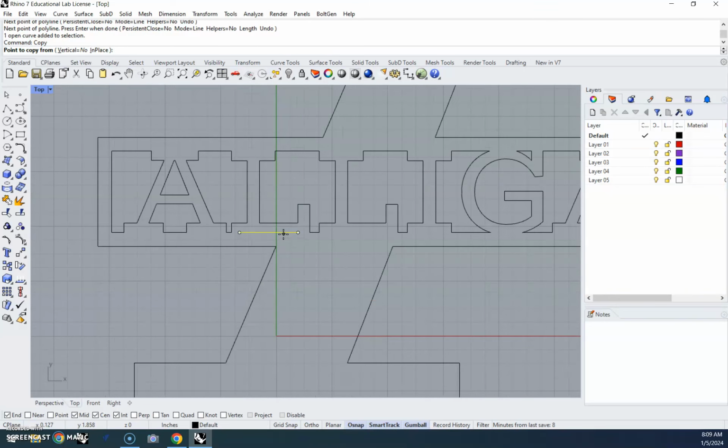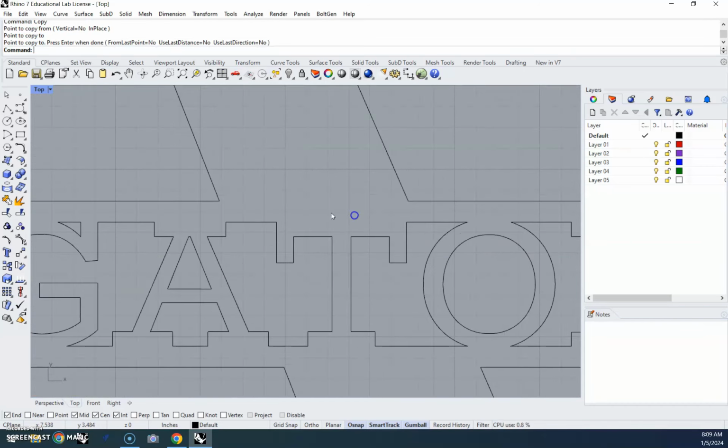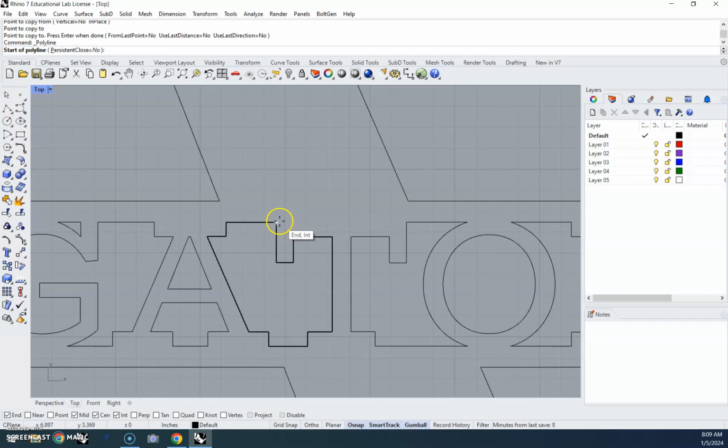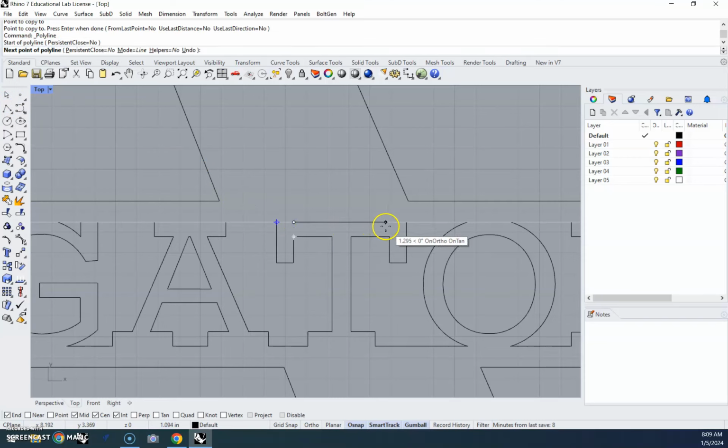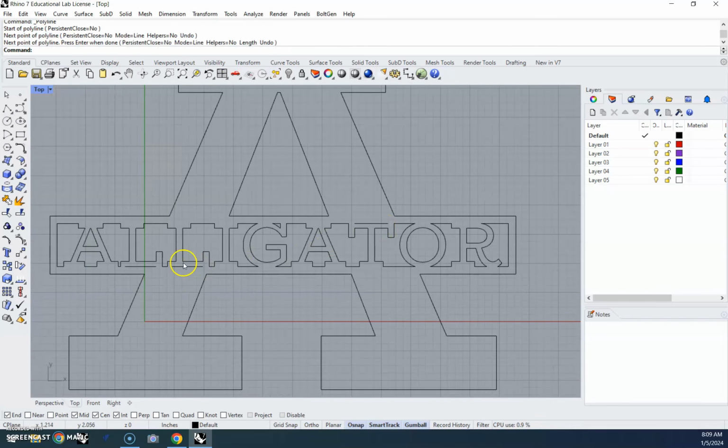I'm going to copy that one to the next L, copy from this point to that point so that they're all the same. And then I'm probably going to want to do something similar up here above the T. Okay, so when that cuts, what that'll do is make sure that we can see that there was actually a